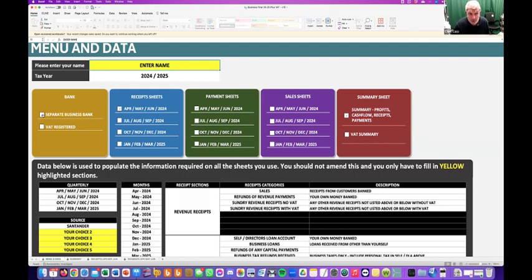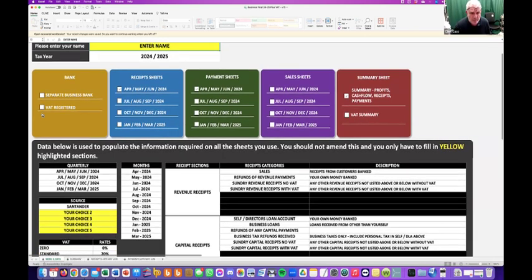If you've not got a separate business bank account, you're just using a pot of money, whether that's your personal bank account, your personal credit card, everything like that, you just leave that switched off. And it's as simple as that can be. I've shown you how to import from